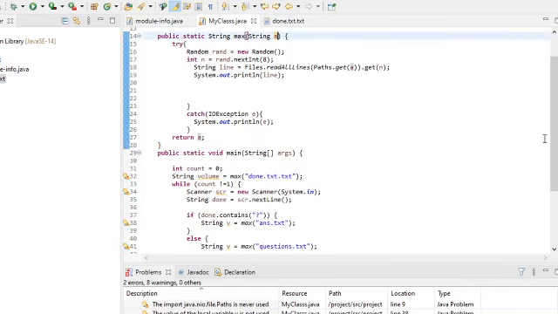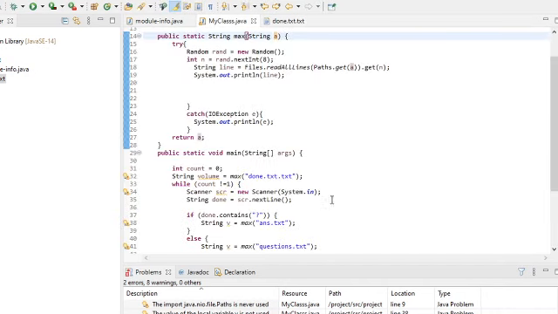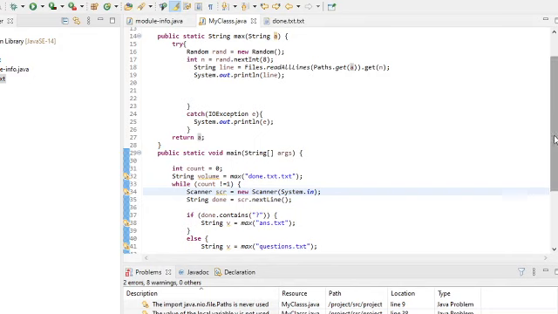Max is the main function, and this string is what's being passed into this as a parameter, and that's what the file name is. So inside this file there are a lot of greetings like hi, hello, nice to meet you, etc. Not very creative, I know, but there's 8 of them, so I'll choose 1 out of the 8.